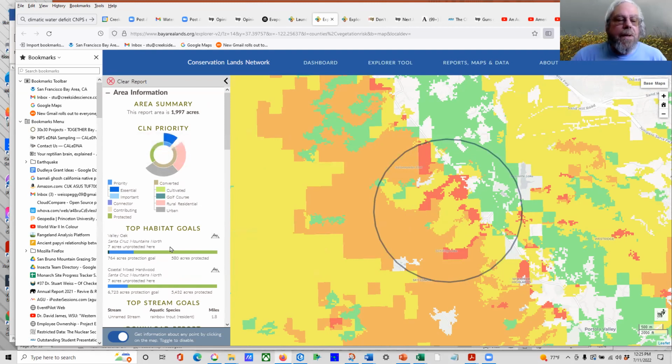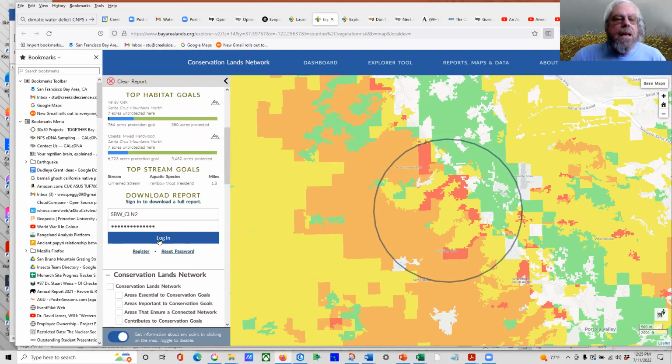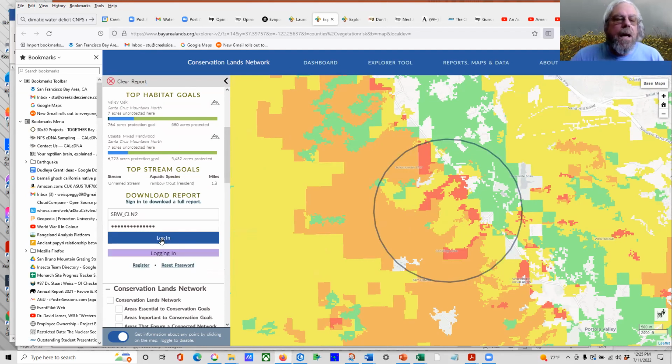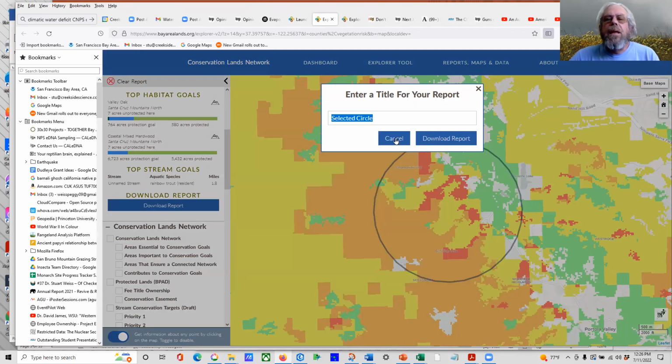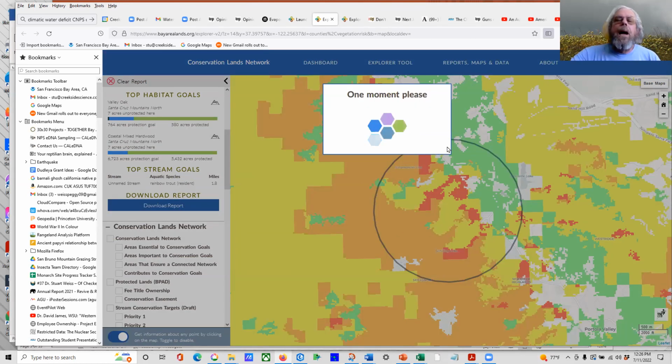So I'm going to go ahead. You have to create a report. I'm going to log in, and then I'm going to download the full report for this site. So I highly encourage you to explore the Conservation Lands Network Explorer, because we've made things very accessible to the